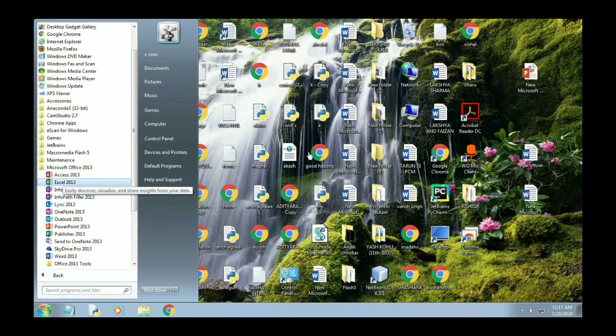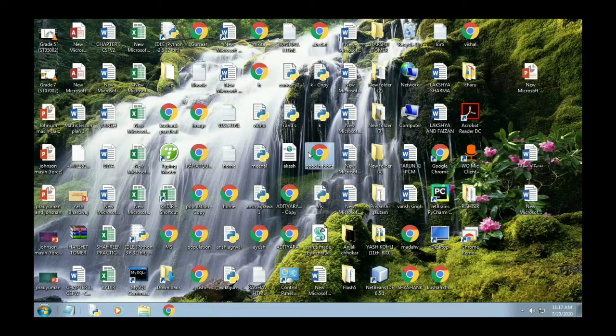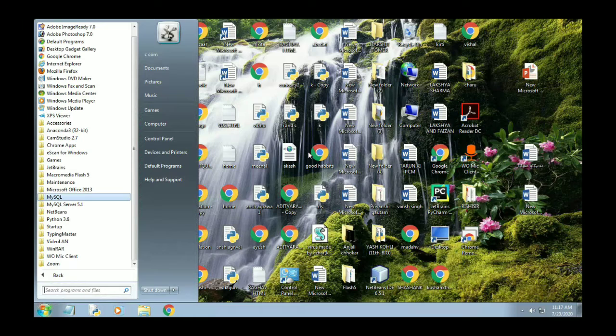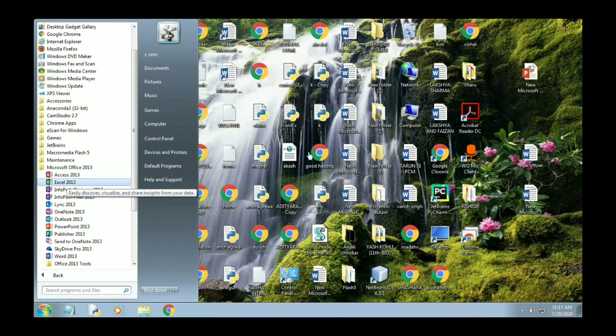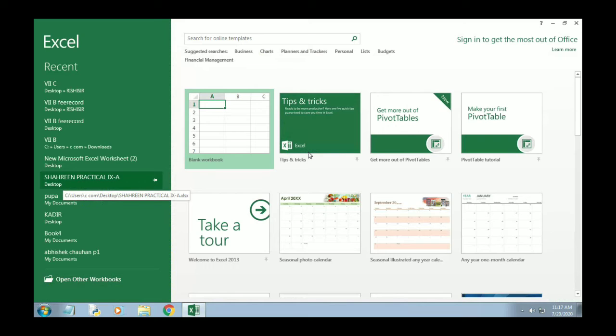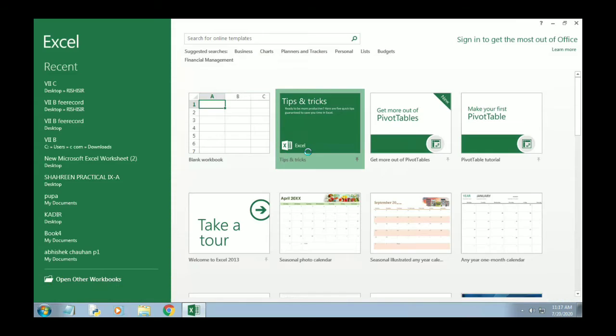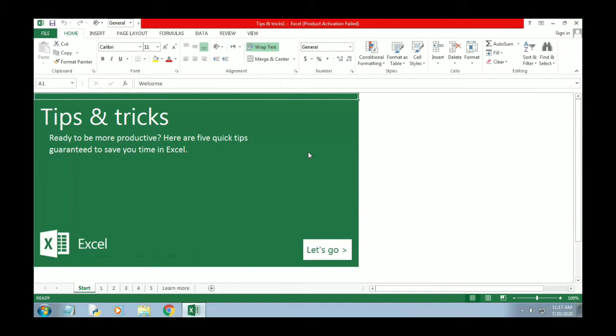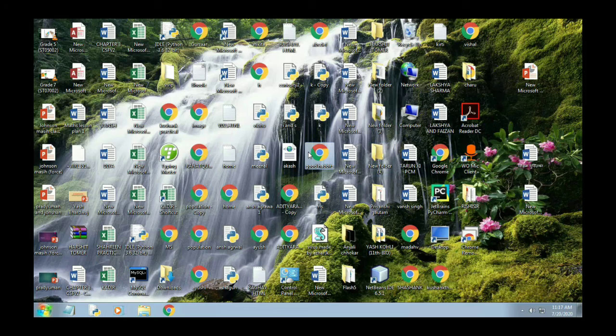So here we have MS Excel. Click on MS Excel, then open. Now this is the same interface, and you can open it from the blank document.